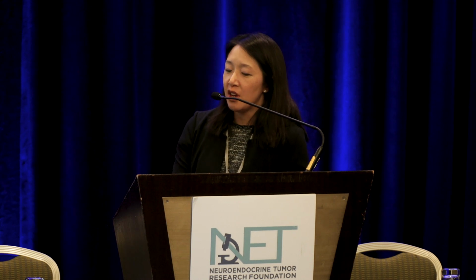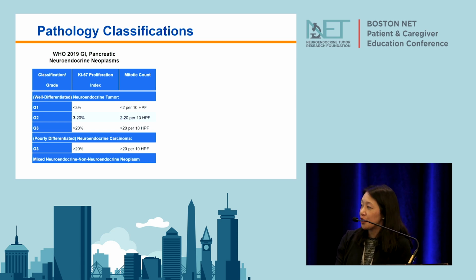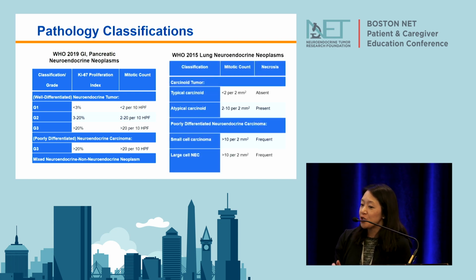I'm going to highlight, and I don't expect you to take notes on this, some of the features that are included in a pathology report. The pathologist will tell us about the differentiation status, and then even divided within that, tell us the grade. So we make distinctions between well-differentiated neuroendocrine tumors that are low, intermediate, and high grade, and poorly differentiated neuroendocrine carcinomas, which are high grade and also by appearance more poorly differentiated. As I mentioned to you, the lung neuroendocrine tumors, they follow a similar principle. The pathologists are looking at morphology, and they're also looking at measures of proliferation. So the pathologists, again, will assess grade by looking at the mitotic count and other factors that tell us